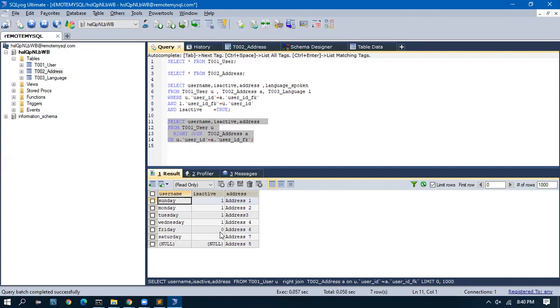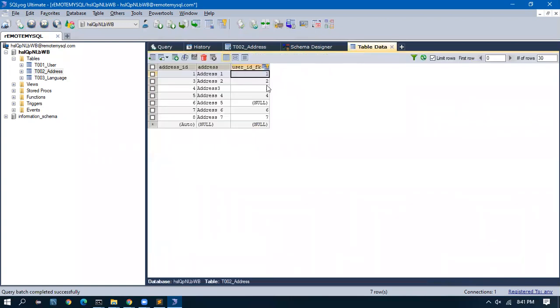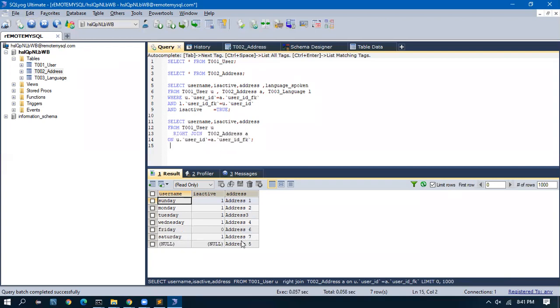You see here, this is bringing all the users. Once again, 1, 2, 3, 4, address 5 is not having a user, so if you see here, it is null. So right join means you take this table as a reference and match with the left table.